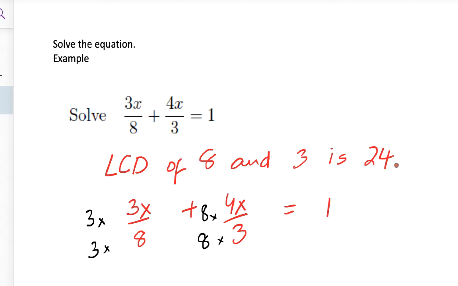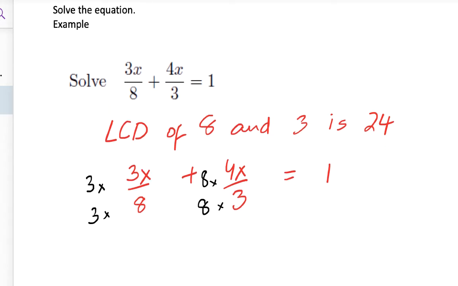So what we're going to do next is multiply on the left-hand side by the number which will make each part of the equation have 24 in the denominator. So when we multiply 3x over 8 by 3 on the numerator and denominator, what we will get is